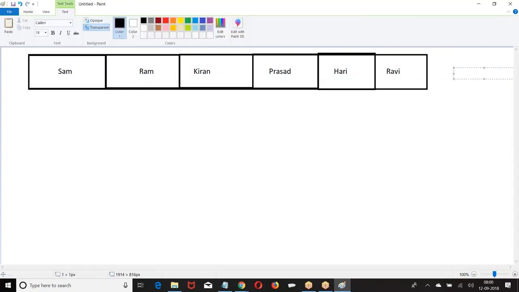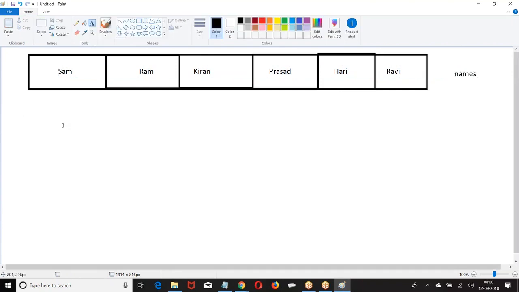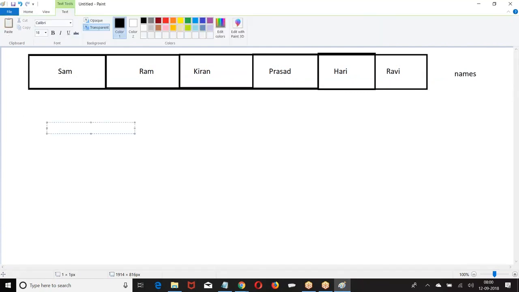The name of the list is, let us say, names. It is a group of what type of elements? String elements. So if you want to refer, string s: names.